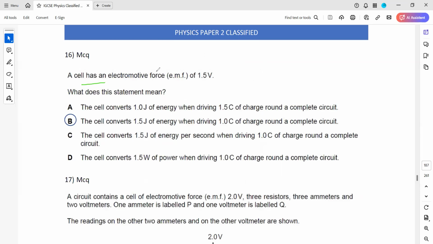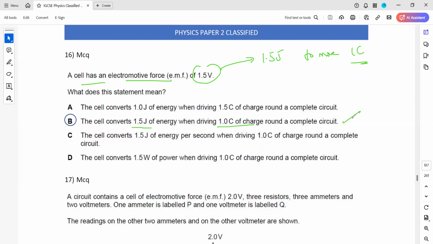A cell has an EMF or electromotive force of 1.5. So what does it mean? It means it will use 1.5 joules of energy to move one coulomb of a charge. So what does this statement mean? It means the cell converts or uses 1.5 joules of energy when it is moving one coulomb of a charge